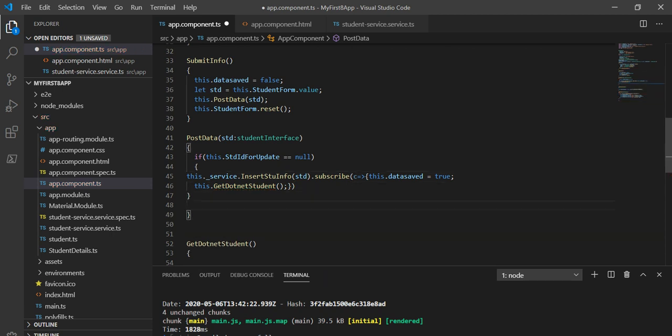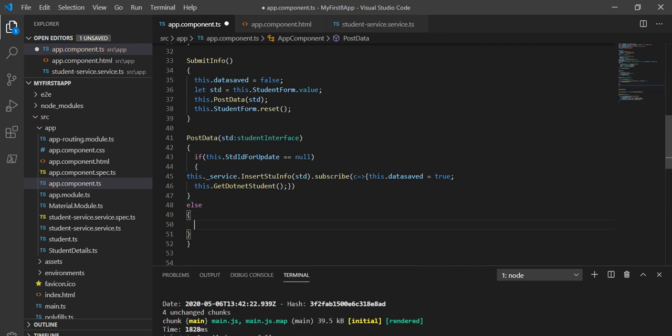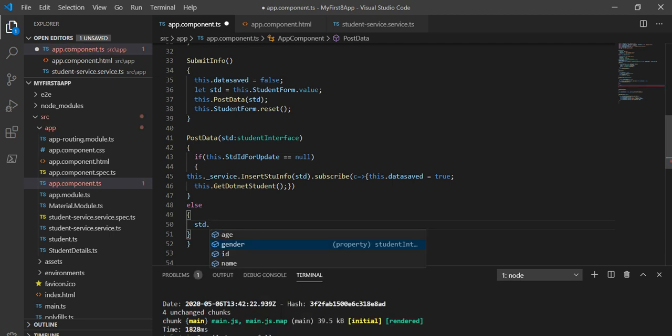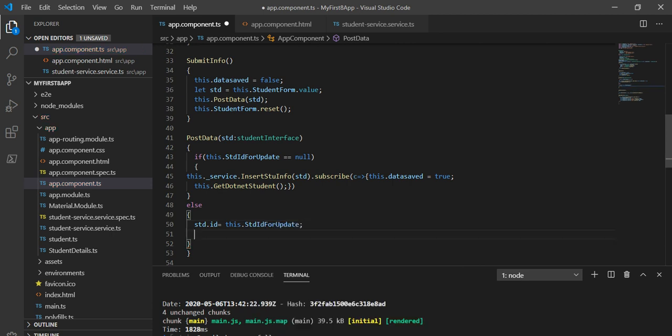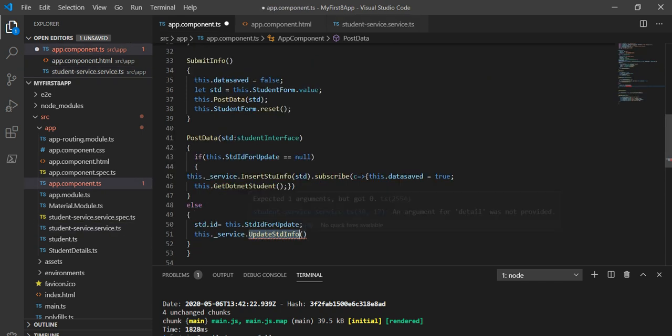and else, it means it contains some value, then what we are going to do, we are going to write student dot id, and we are going to assign this dot student ID for update, and this dot service dot, now we will call that update put, basically this function we have defined inside this service, and it takes the full detail.